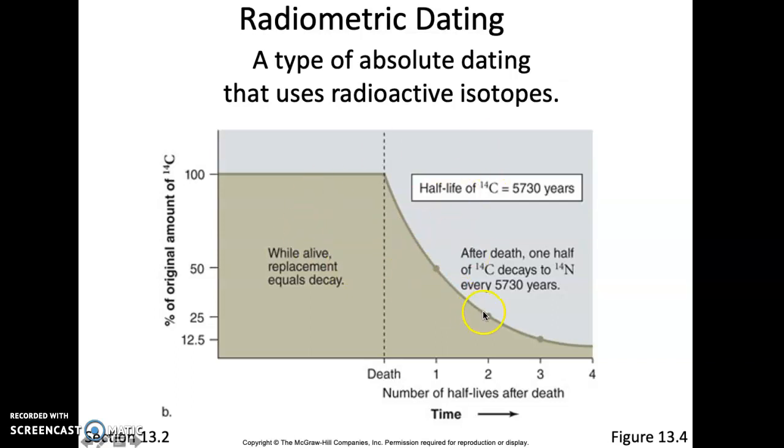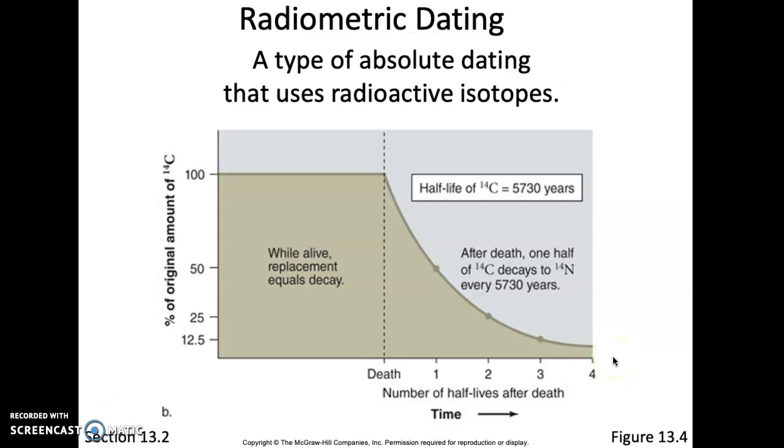And then another 5,730 years later, it loses another half of that half, and so on and so forth. So if we analyzed that bone and saw here how much of that percent of that original amount of carbon-14 it had,